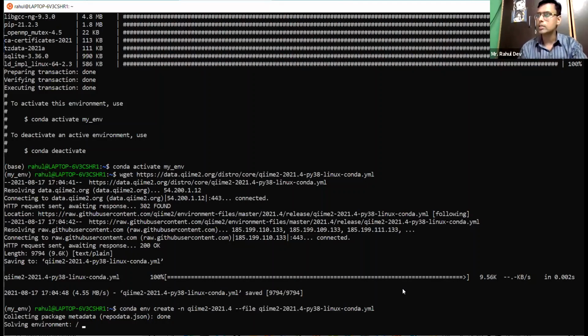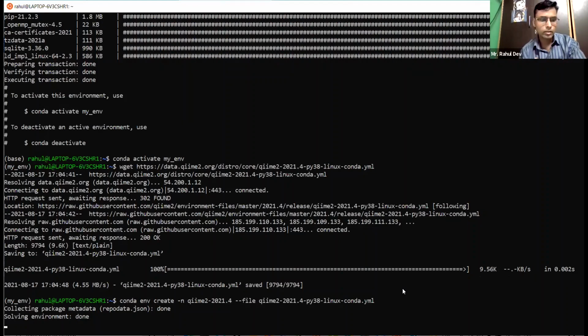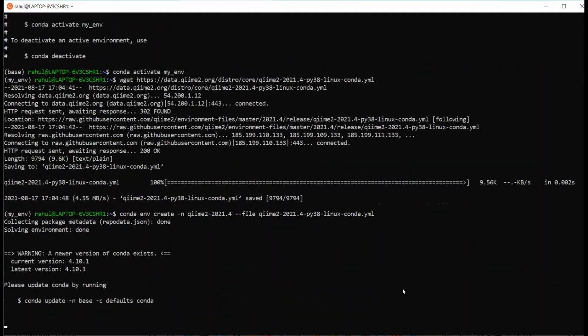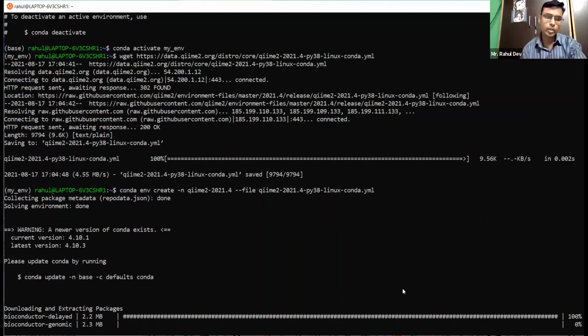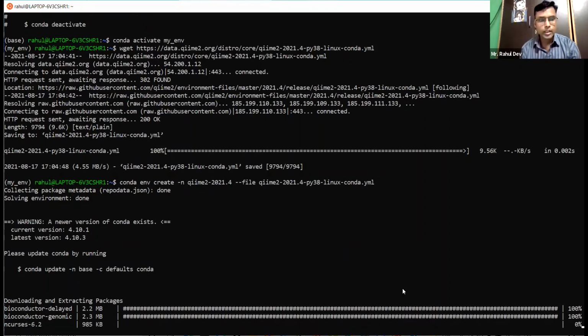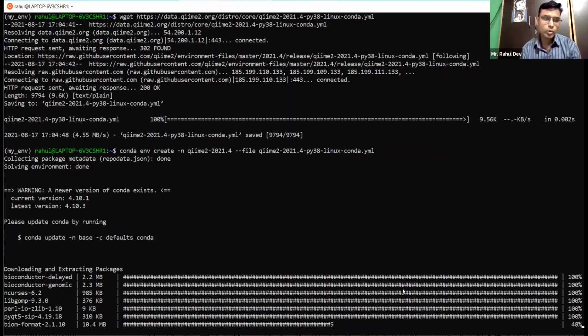Otherwise, I'm having another system ready. I can share my screen from that system, and you can see how the solving environment is done. No, it would take time. It would take a lot of time, nearly between 5 to 10 minutes. The whole package of Chime would install at this moment, and there are more than I think 100 steps here.